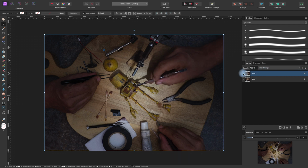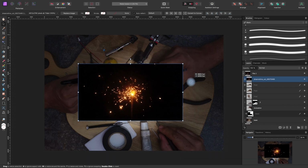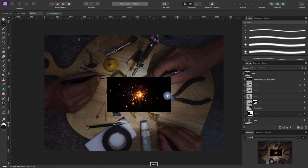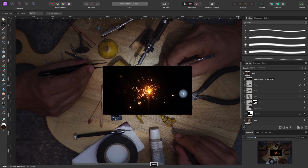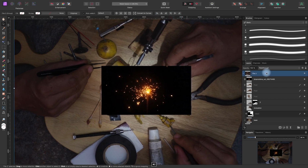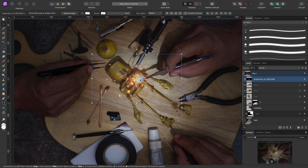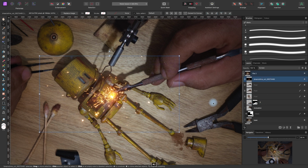So inside this folder, on top of everything, I'm going to bring an image and I'm going to add some sparks. Remember that we have already done this by playing with the blending modes. So for this one, I'm going to use the screen blending mode. Screen. I think a little bit smaller. But I'm kind of seeing, maybe you cannot see it, but I'm seeing the